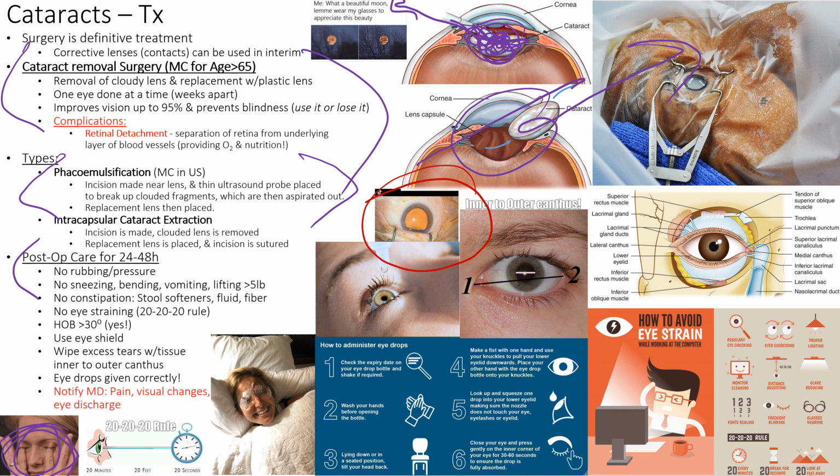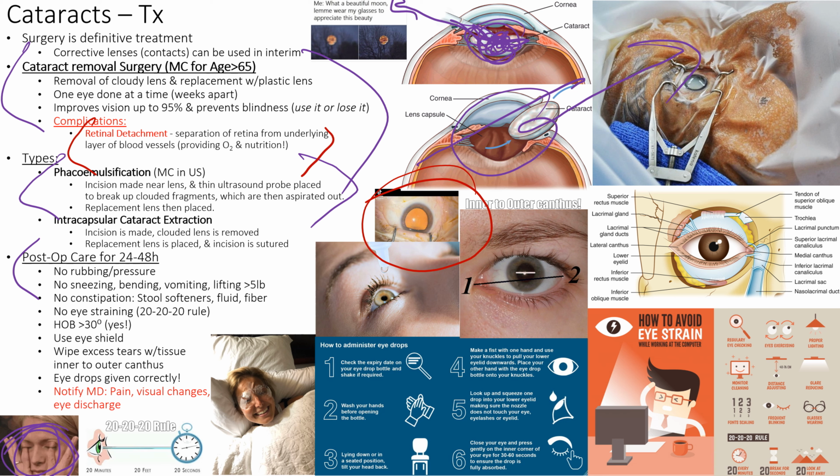All right, so a complication of cataract surgery is you can detach the retina. So that's coming up as a complication of cataract surgery, but also retinal detachment can happen just because, for instance, they have a trauma, or they have a genetic situation where they're high risk for their retina detaching. So we'll talk about that next, but that's where your retina literally detaches because of cataract surgery. You emulsify, you put too much vacuum pressure, and you suck up some of the back of the retina.